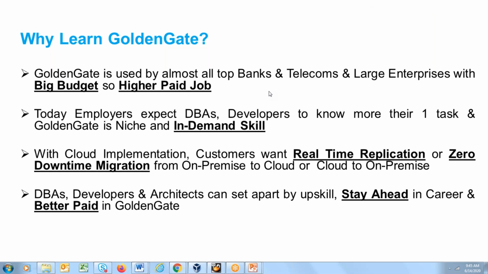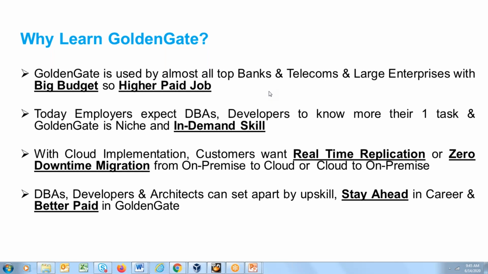Whatever service you are using, Netflix, Uber, Skip the Dishes, everywhere Golden Gate is being used. You name a service, Hotstar, it is using Oracle Golden Gate. It is not only being used by banks and telecoms, though primarily all banks and telecoms are using Oracle Golden Gate.